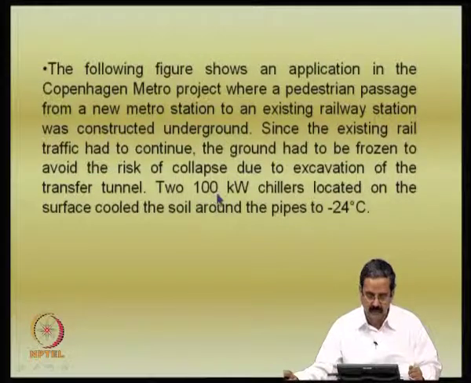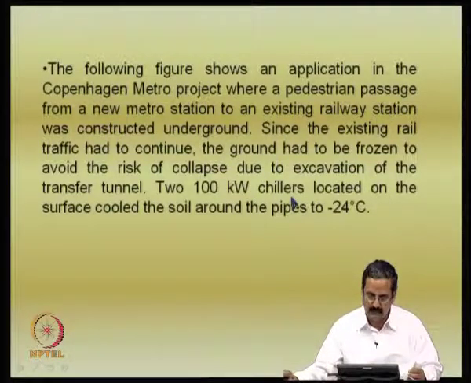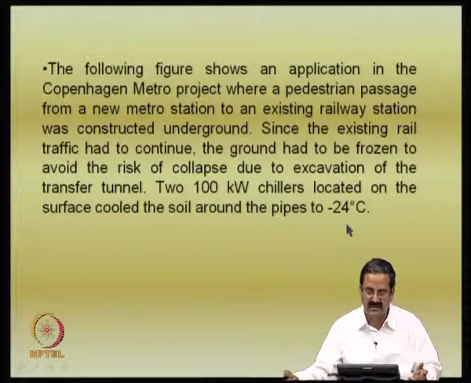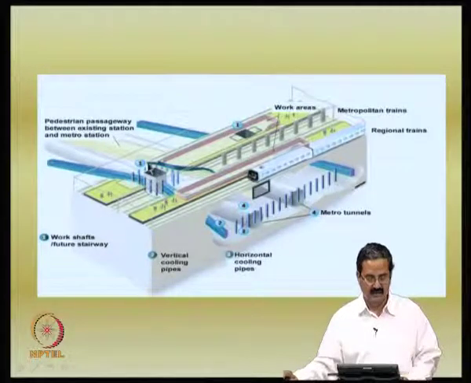So, 200 kilowatt chillers, which are cooling systems, located on the surface, cooled the ground to minus 24 degrees, and then it was effective. This is how it was done. Pedestrian pathway between the existing, this is what they have created,